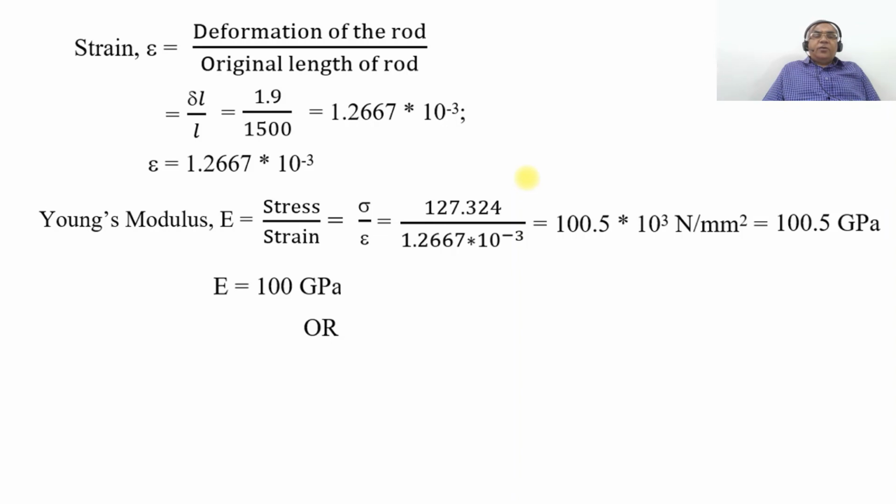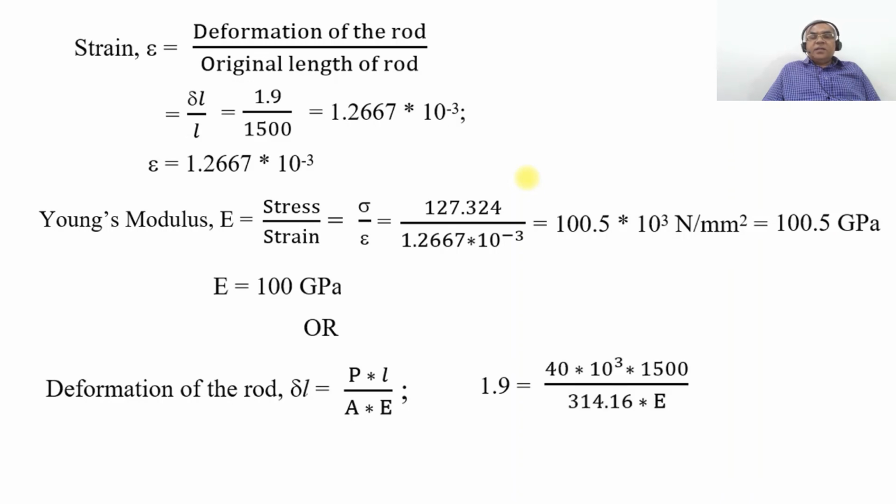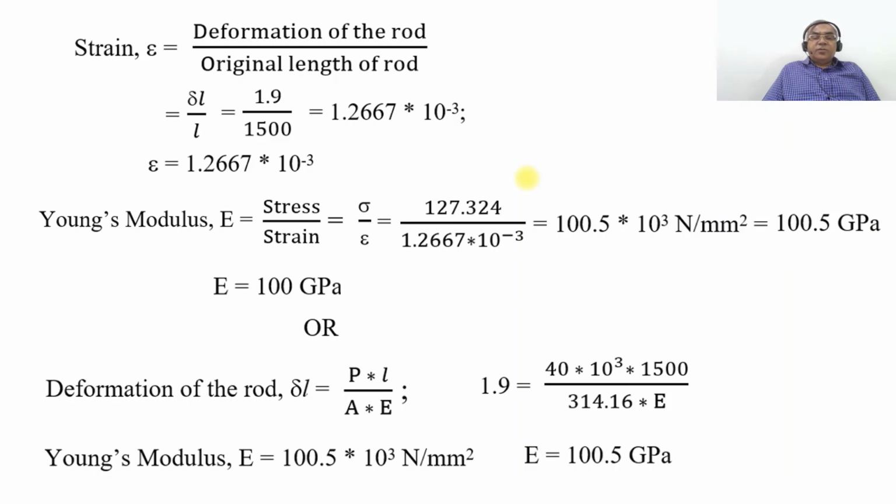Or we can also find out by using the deformation of the rod, delta L, which will be equal to P into L by A into E. This delta L is 1.9, which is equal to P, which is 40 into 10 to the power of 3, into L, which is 1500, divided by the area of cross-section, 314.16, into E, which is the one you need to calculate. On simplification, you are going to get Young's modulus as 100.5 into 10 to the power of 3 Newton per mm square. In other words, E will be equal to 100.5 GPa, or it can also be equal to 100 GPa. So this is how you will be able to solve this